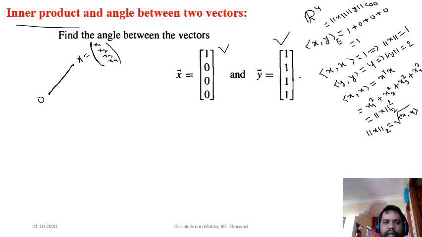Suppose this vector x is here and this one is y, both are in 4D. So definitely there is an angle between these two. That angle we are calling theta. So the inner product we represent as length of x into length of y into cosine of theta. So from here, what will you get? What is your cos theta? This equation will derive that cos theta is equal to what?